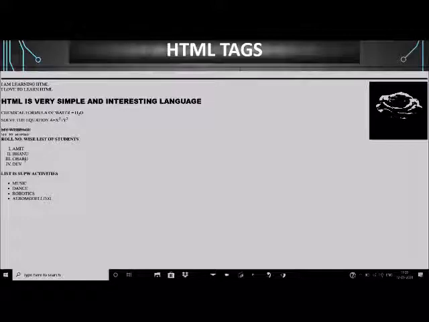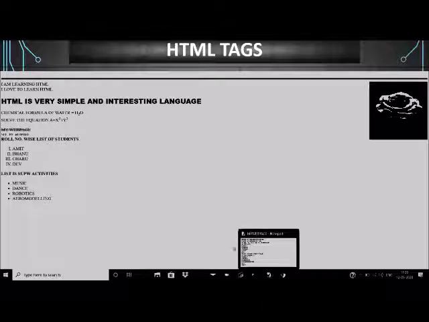So these are the different types of numbering, and different types of bullets are only three: disc, circle and square. By default it is disc, but we can change it to circle or square. By default the numbering is 1 2 3 4, and we can change it to Roman numbers or alphabets.